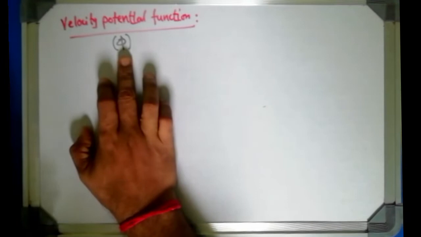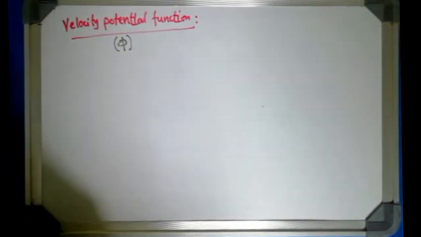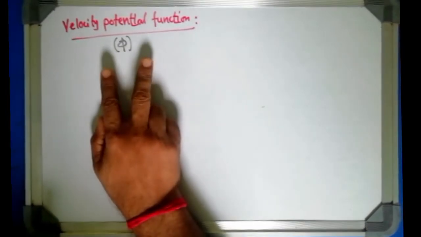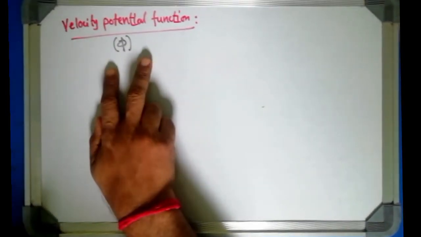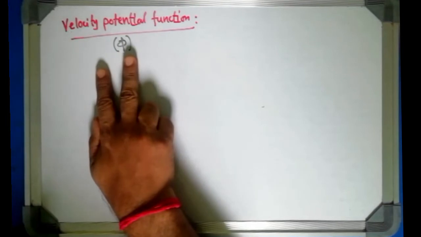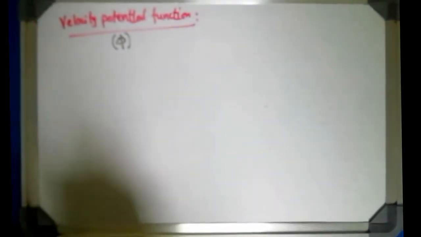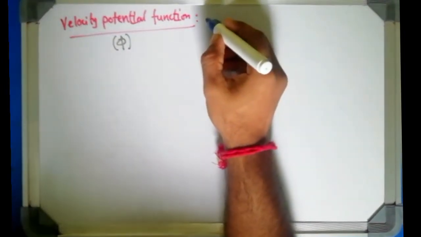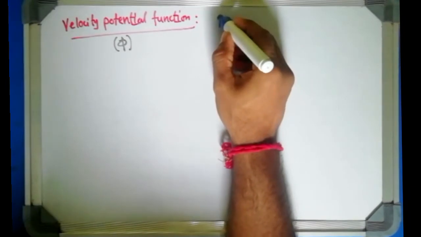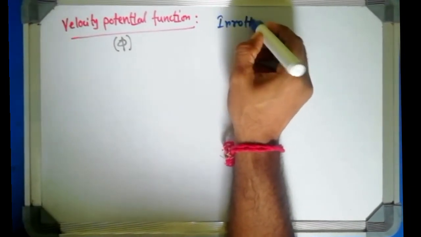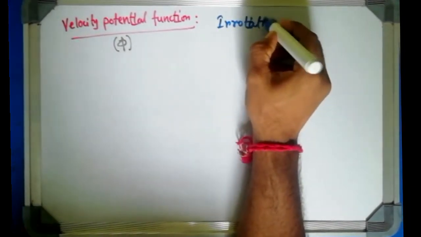Now we are going to concentrate on velocity potential function. First of all, this function is expressed by phi, a Latin letter we know. So keep this information intact in your hard disk: stream function is expressed by psi and velocity potential function is expressed by phi. Now, from where does this phi concept come? First mind it, this velocity potential is only valid for irrotational flow.